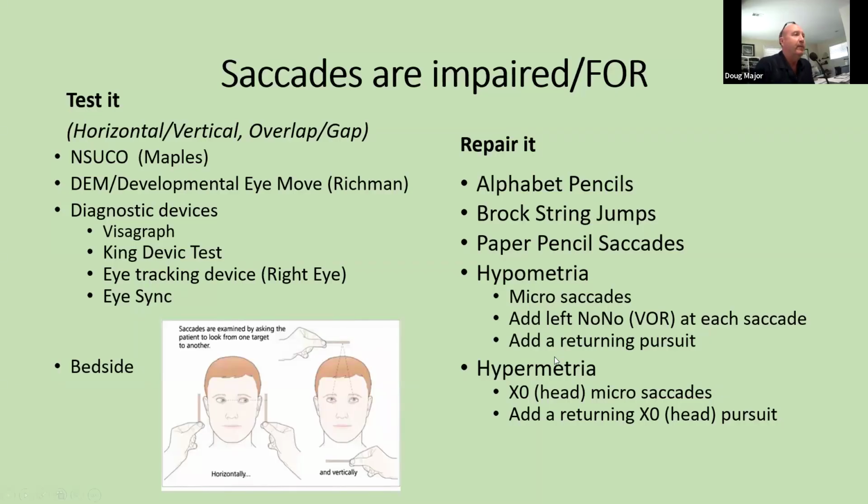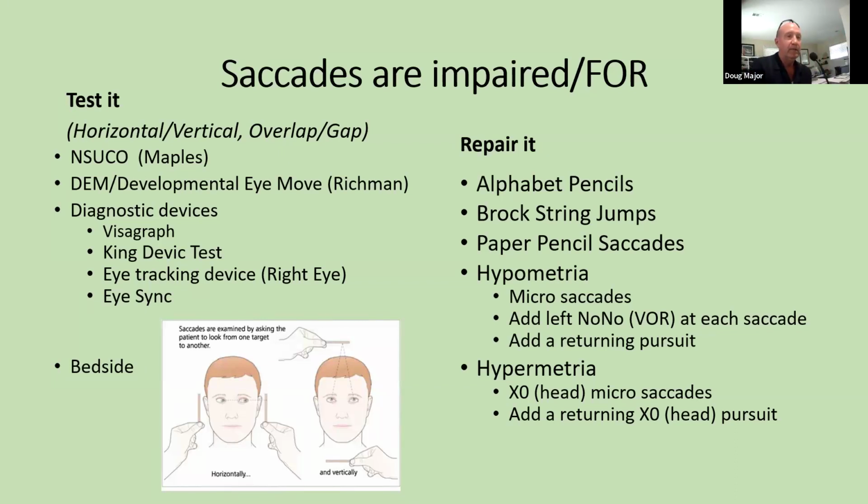So when saccades are impaired, again, we're thinking more of the vermis, the FEF. And of course, we think about the Maples test, the DEM, and our diagnostic tests go way back to the Visagraph, which I used, or King-Devick, and repair it with alphabet pencils, jumps. And remember, with hypometria, we want to do microsaccades and add a no VOR at each saccade, add that returning pursuit. And with the hypermetrics, we want to do microsaccades, but add an